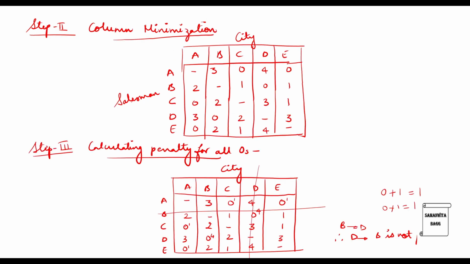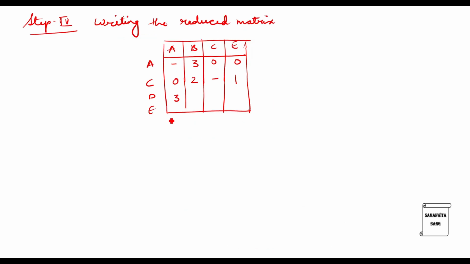Now here at this position, D to B, the value is 0, but we have written that D to B is not going to be possible. So I will put a strike mark over here and then I'll write 2, 3, 0, 2, 1 and dash. Now you have to understand that in each row and column there should be at least 1 0 again possible. So if you look here, 0, 0, no 0 in this row, and again in this row there is 1 0.